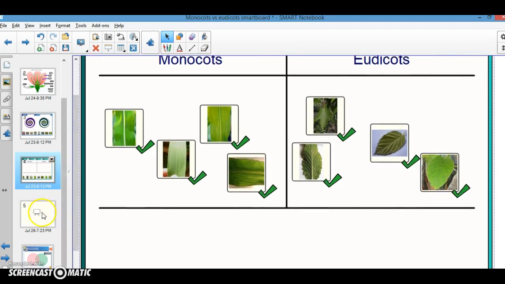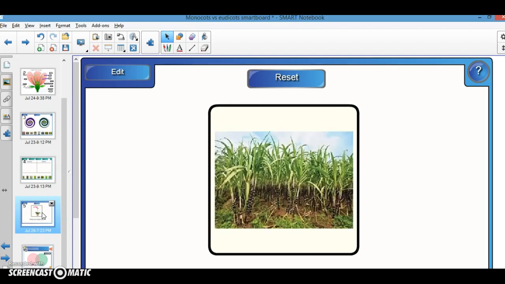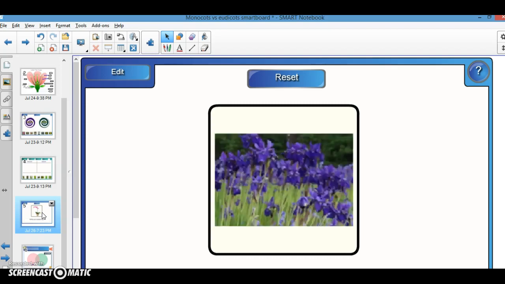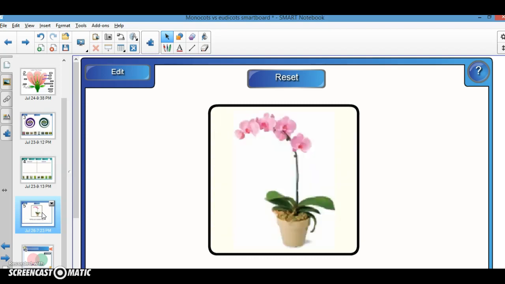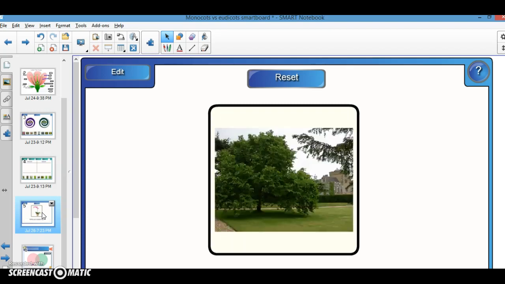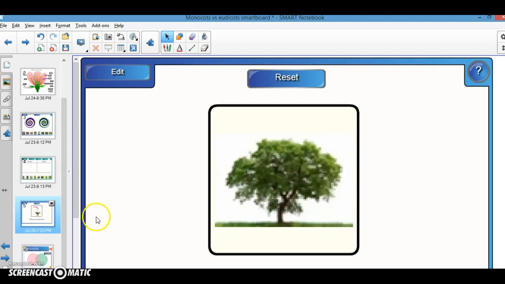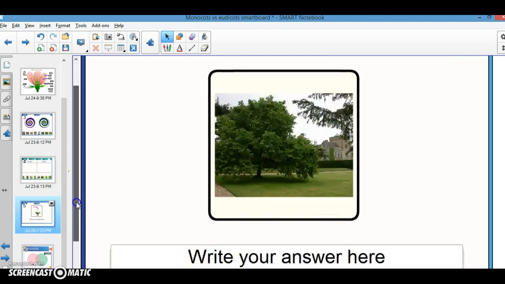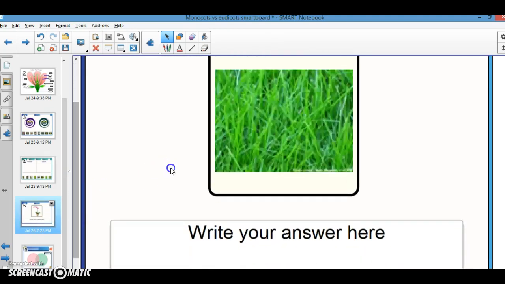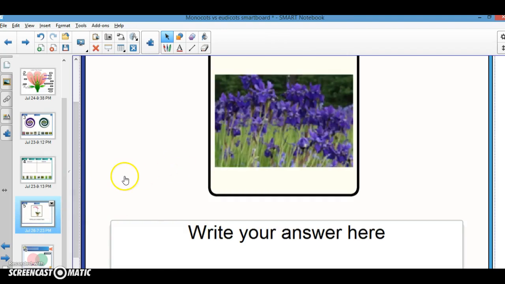The next slide is going to deal with secondary growth of wood and bark, which is typically present only in eudicots and not in monocots. So here you click on the slide, a picture will appear, and then you just write in